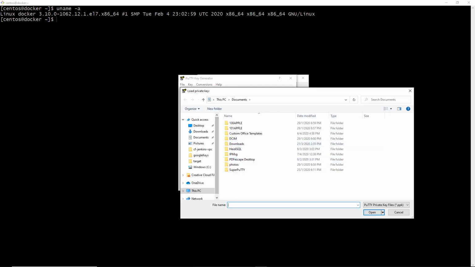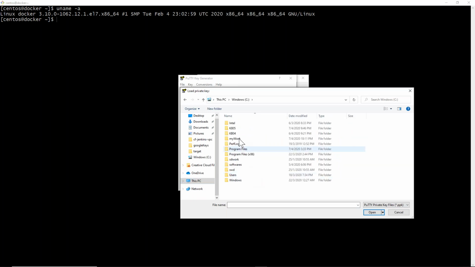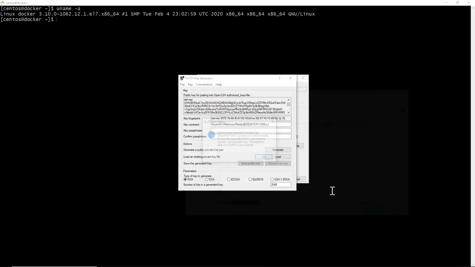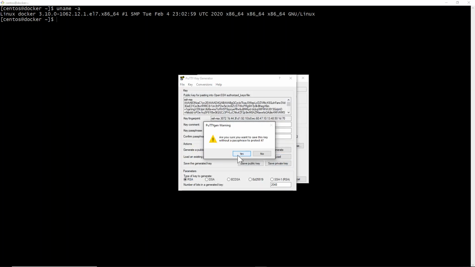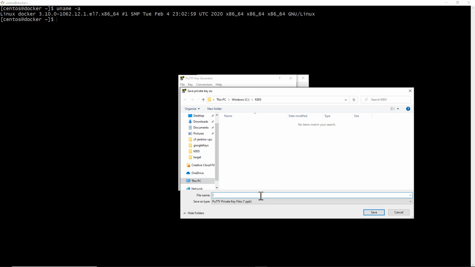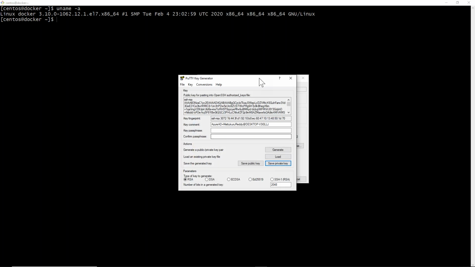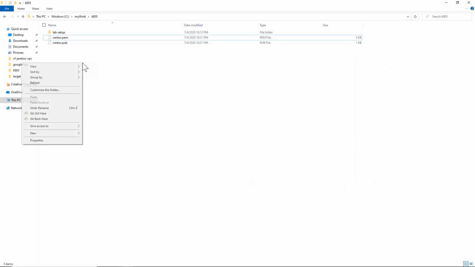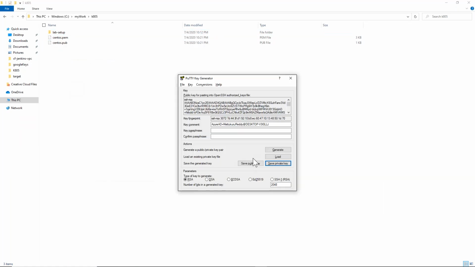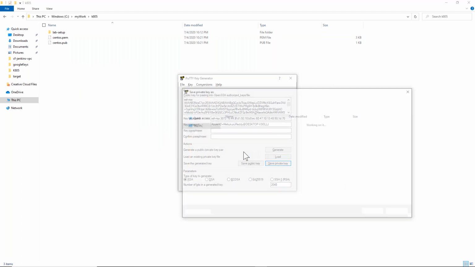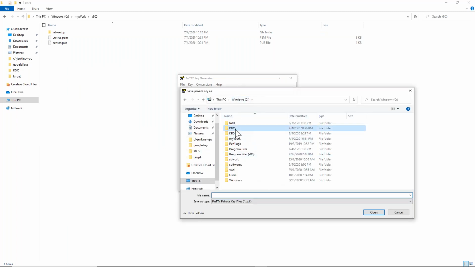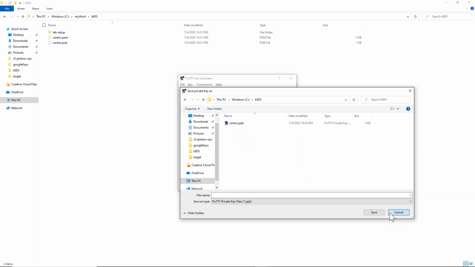Load your PEM file here. Save as private key. Usually save with the same name; don't use any other names. Okay, save.